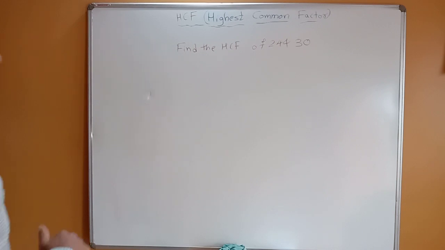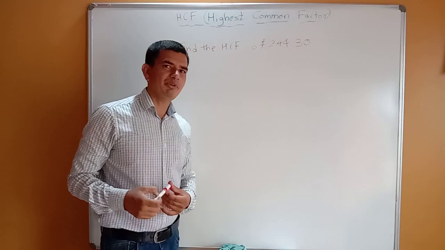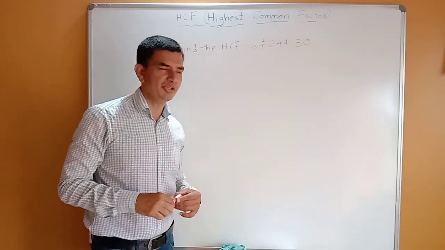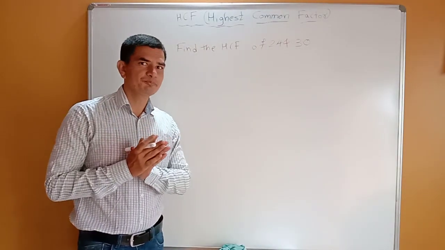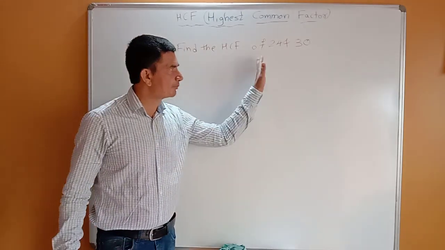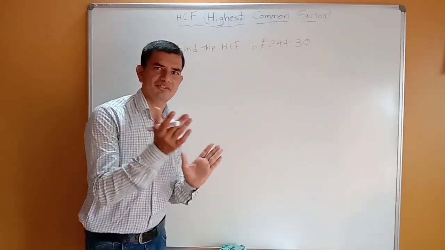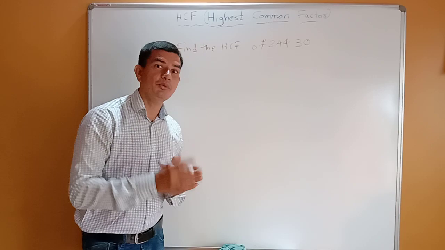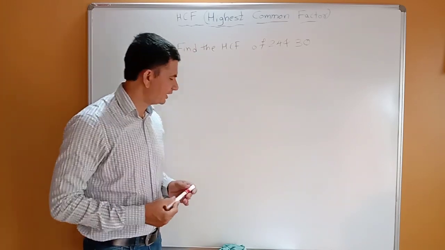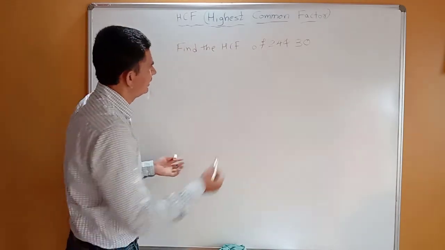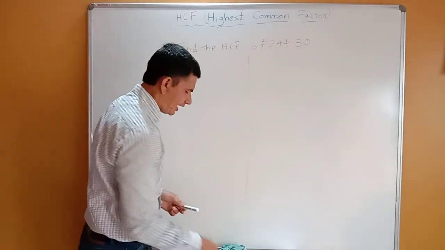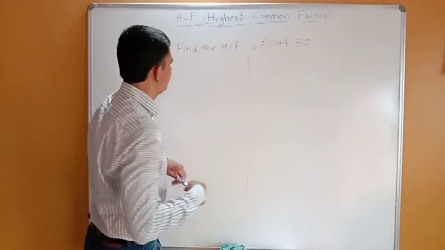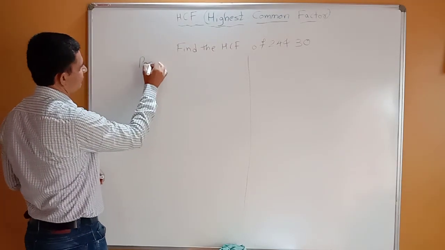Okay friends, after explaining the factorization method and the division method, now I have written one more question. Listen carefully, because for this question I will explain both methods. Again, you can decide which method you want to use. So here, first I will make a column. On one side I will do the prime factorization method, and on the other side I will do the division method. First I will do the prime factorization method.